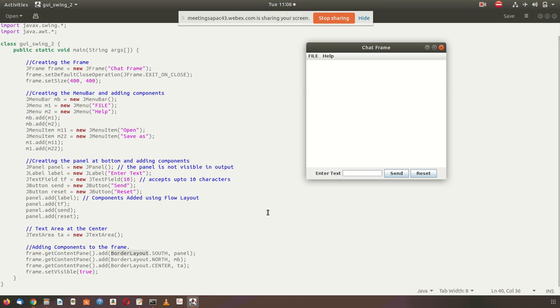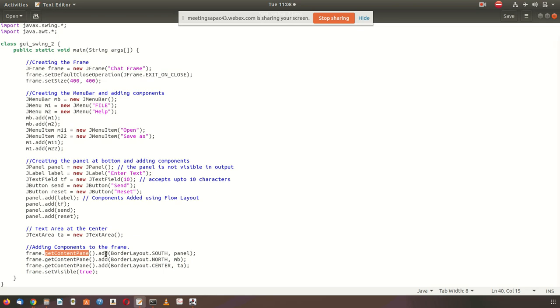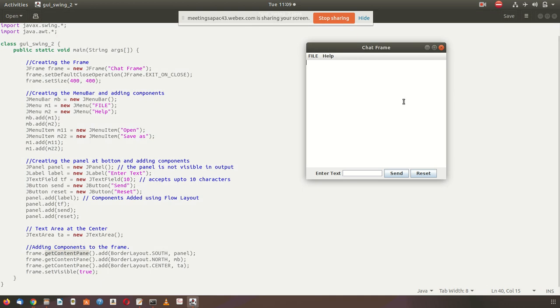Border layout can be specified by south, north, northeast, northwest, center, east, west, like that. If you say south, it means the bottom. So frame.getContentPane().add. The content pane: when we have to specify the layout, we have to use the function getContentPane.